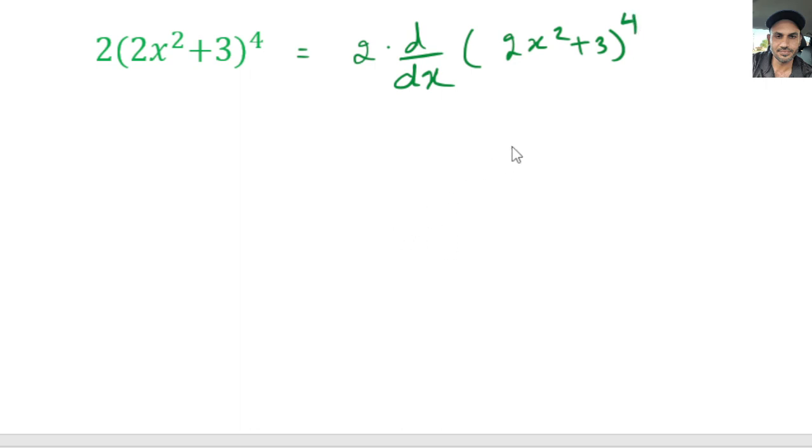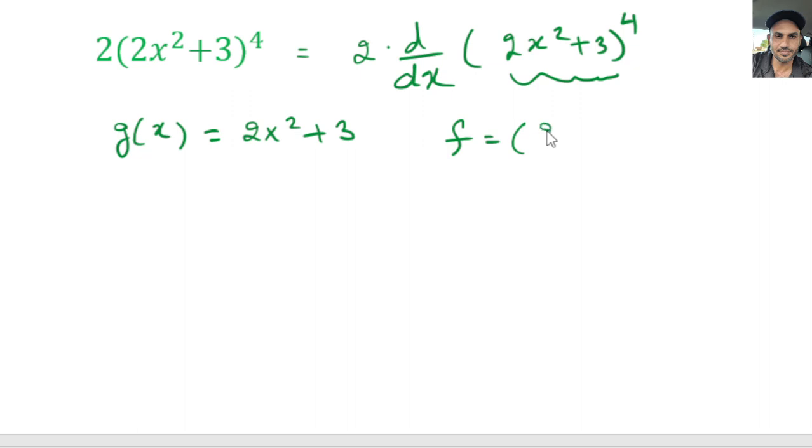Now this also becomes f and g of x, right? So g of x here is our inside, or the input function, which is 2x squared plus 3, and f is